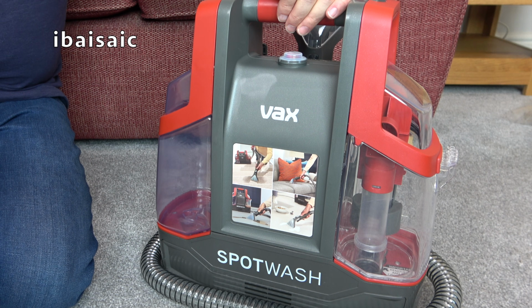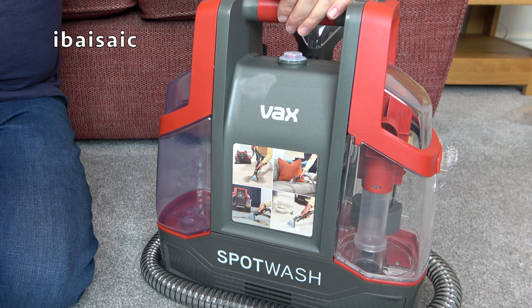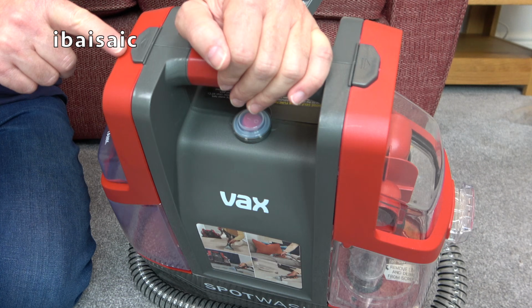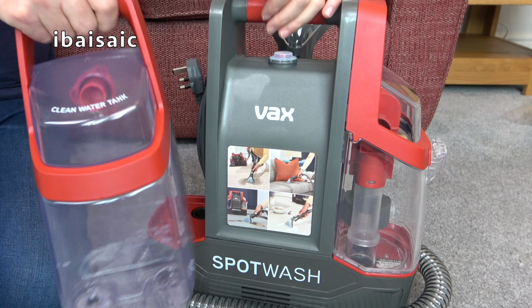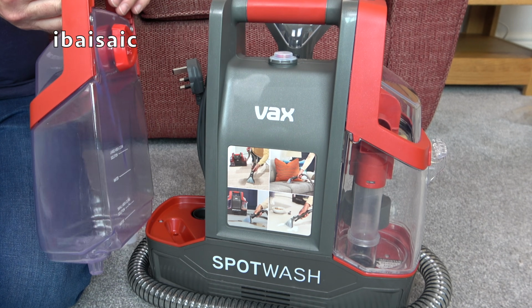Okay, it's now time to see if the Vax Spotwash can deal with the stains that I've put down on the carpet. So first of all we've got to fill the clean water tank. You'll see that there's a grey button on the top here. Press that in to release the tank. It's got a carry handle so you can take it to the sink and fill it up with warm water